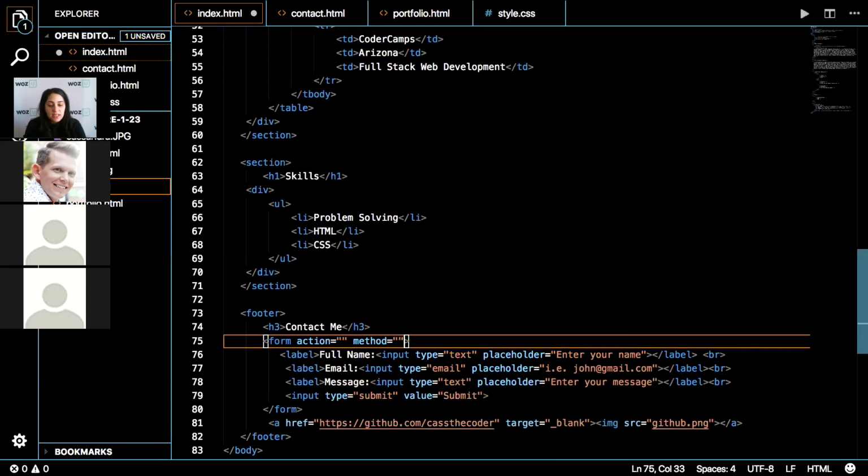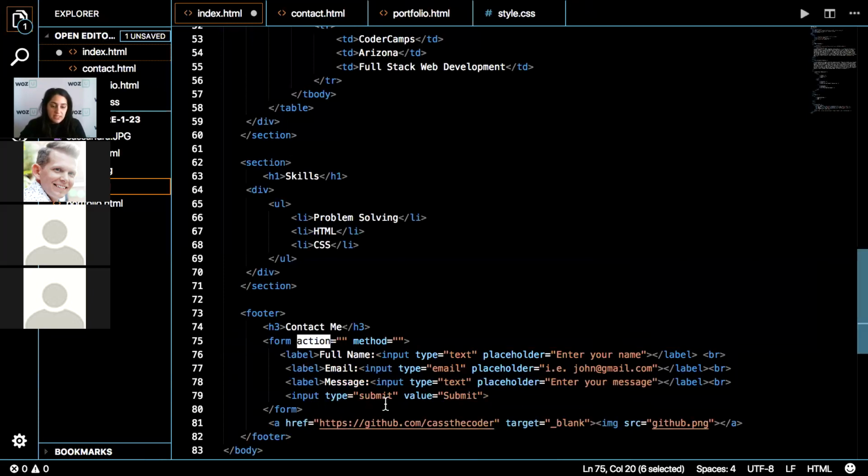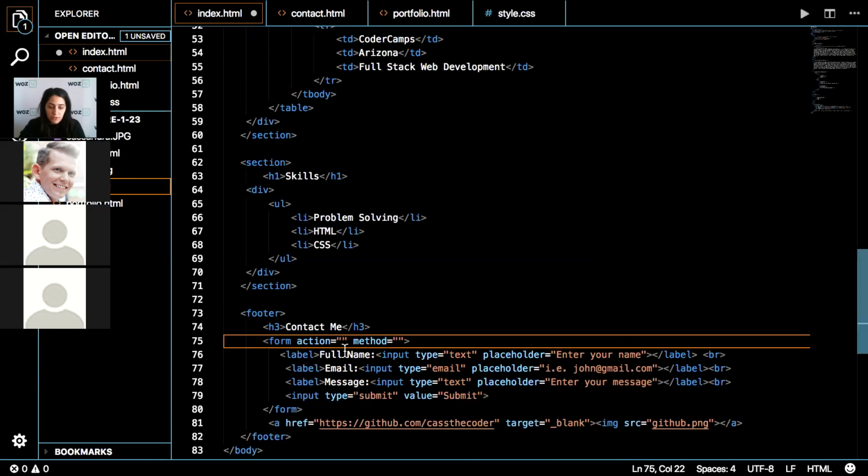So basically what that type submit does, once you click that, it tells the form, send this information. When you do action, it says send this information to whatever file this is equal to, and then method tells it what to do with that information.